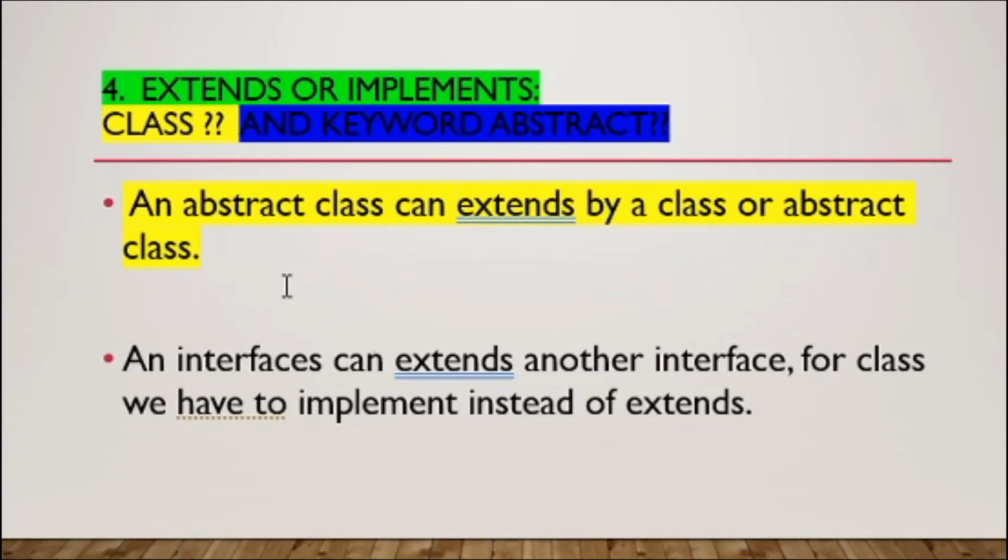The fourth point here, I am talking about one of the differences between abstract classes and interfaces, the abstract keyword. We need to use this abstract keyword in abstract classes mandatorily, whereas for interfaces we don't need to give it specifically. An abstract class can be extended by another class or another abstract class. This feature isn't supported for interfaces. Interfaces can extend another interface, but a class has to implement. Theoretically it is so confusing. Let's see the coding part here so that you will understand much better.